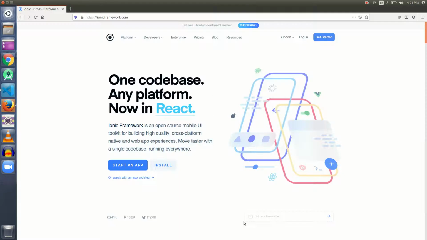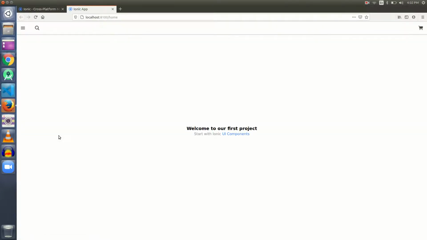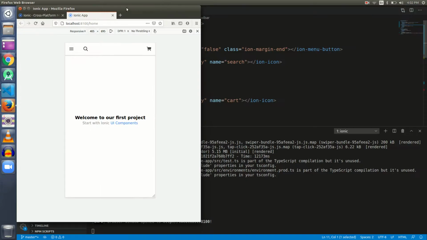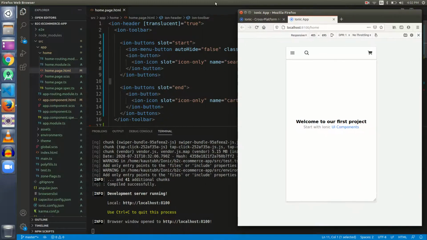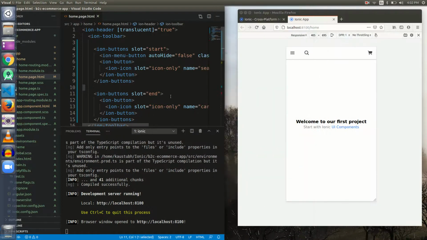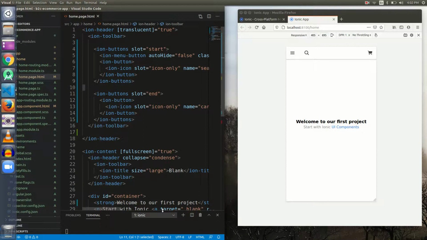Let's go to the browser. So in one of the tabs I have opened the Ionic framework documentation, and as our compilation will complete, the application will open on port 8100. So it is a browser layout, so I will just press Ctrl Shift M and will get the mobile layout of the same application. So what I am going to do this time, I am going to minimize it, and I am also going to minimize our Visual Studio Code so that all the changes that we are going to do will reflect instantaneously. Let the terminal run and let me minimize it as well.